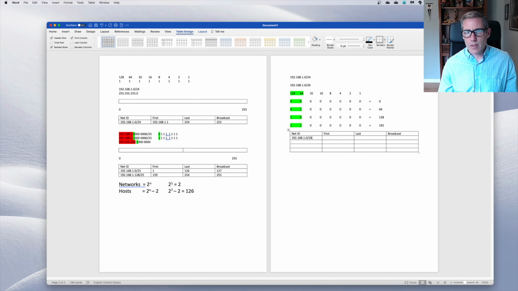So we have a 26 there, and here it's 192.168.1.64, which is this network here, /26, and 192.168.1.128 /26, and then the final one is